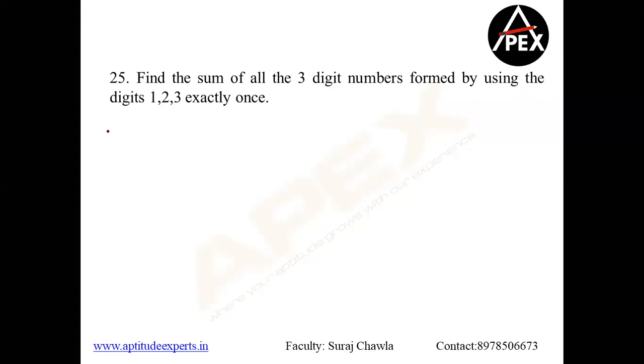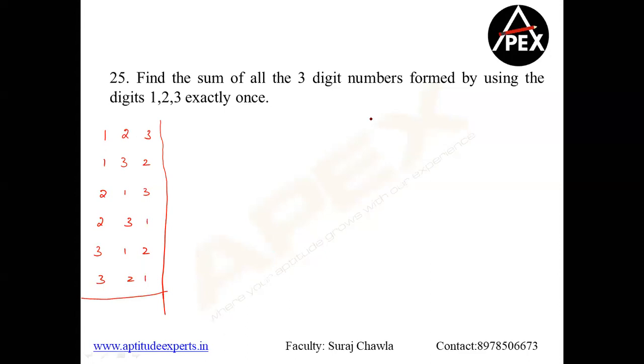So three-digit numbers, we can always do this. 1, 2, 3. I can write 1, 3, 2. So I'll write 2, 1, 3. I'll write 2, 3, 1. I'll write 3, 1, 2. I'll write 3, 2, 1. I will not hesitate to spend a bit of time here because this is one question which if you understand, then the shortcut is going to be a lollipop based question here. So if you calculate this, I'm sure you would have got whatever you would have got. One way of doing this.